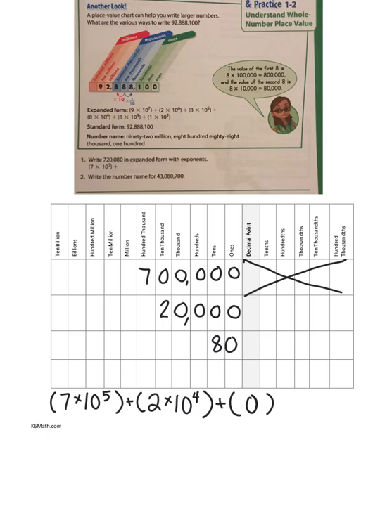You can just leave that completely out. So we're moving straight to our tens. So we're going to do 8 times 10 to the 1st power. And all of that together is equivalent to